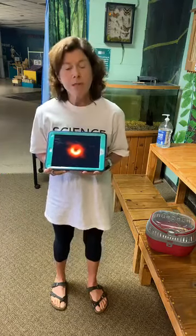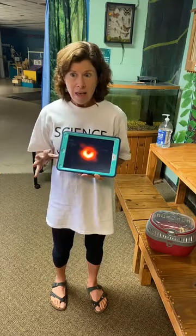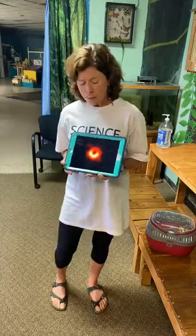And a black hole is a place in space where the gravity is so strong that not even light can escape it. So how is a black hole made? It's made when a massive star dies and creates a supernova. Then what's left over is this. So for a long time we knew that black holes were out there, but we didn't have any way to